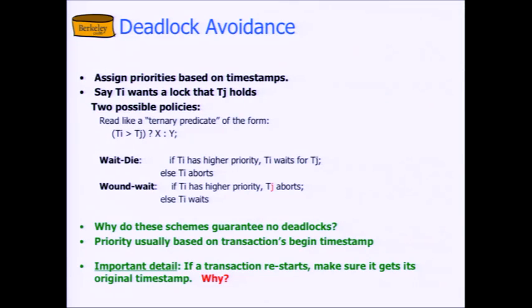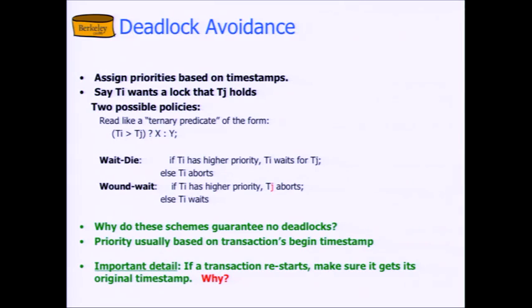Okay. But what about this thing about killing yourself? Like old people, if they kill themselves, they don't have any resources. That seems good. To be clear, I made this analogy with cash, but you understand what it is in the database, right? If you're an old transaction, you probably have a lot of locks. And if you have a lot of locks, then you're blocking out a lot of the system from younger